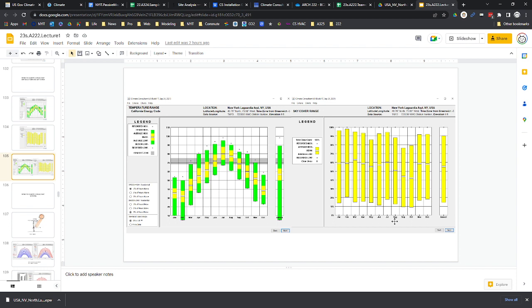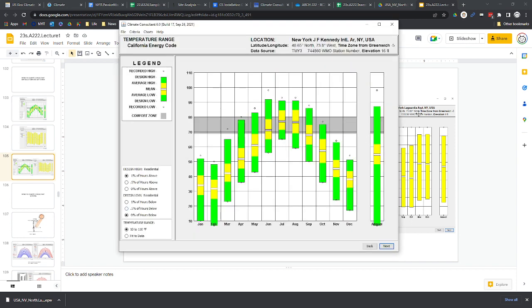If you want to have heat, let the sun in the winter. If you don't want to have heat, block it. If it's really windy in the winter, you should probably block that wind. If you've got a nice breeze coming in the summer when you need cooling, then maybe have ways to either enjoy it outside with an outdoor space or bring it into the building. Simple as that, right? At this level. Okay, so